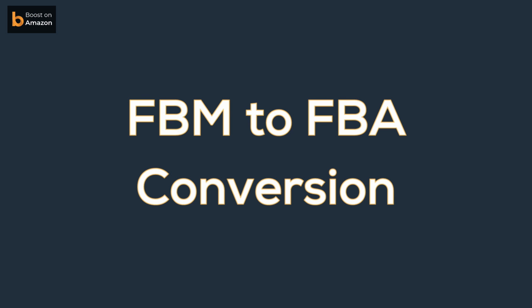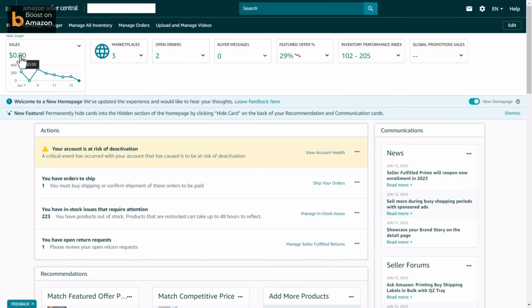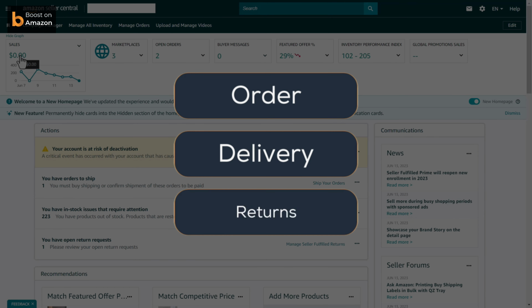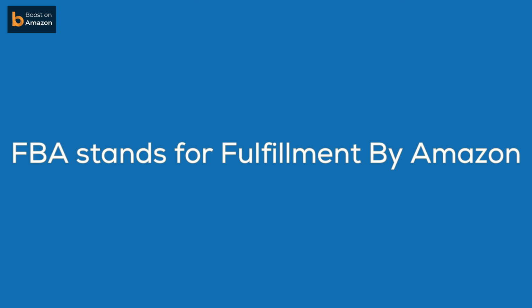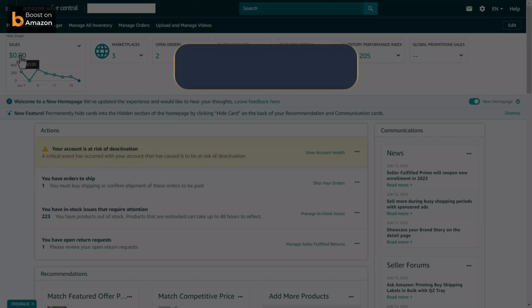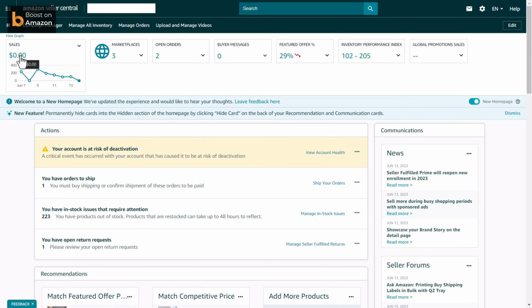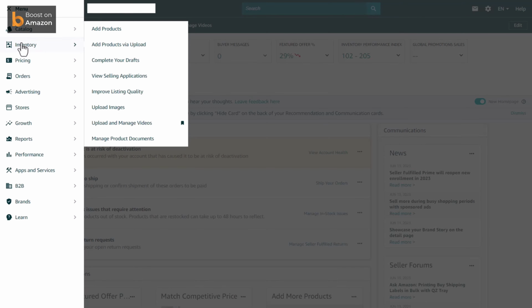FBM to FBA conversion. FBM stands for Fulfillment by Merchant, which means the seller has to handle all the procedures like order, delivery, return, etc. And FBA stands for Fulfillment by Amazon, which means everything will be handled by Amazon, like delivery, returns, refund, even review. To convert your FBM listing to FBA without creating new listings, go to Manage All Inventory from the Inventory